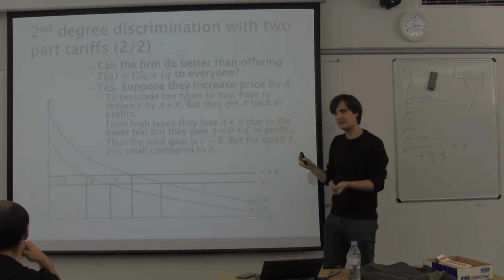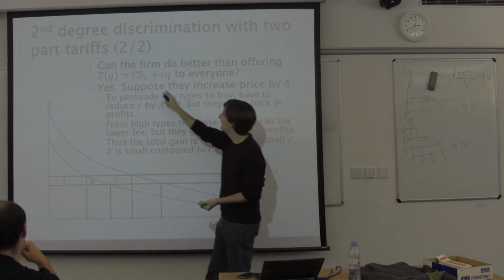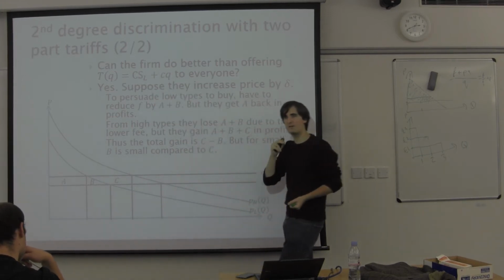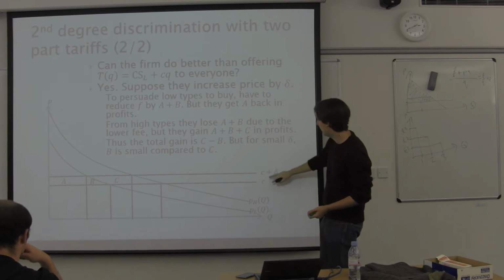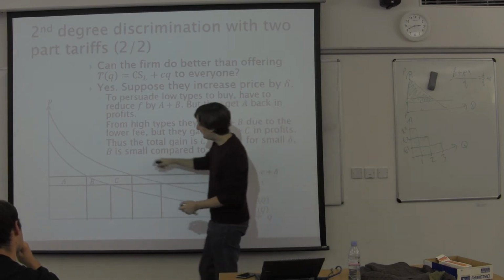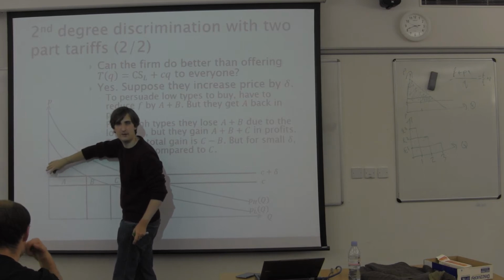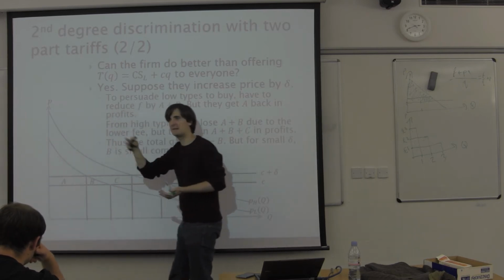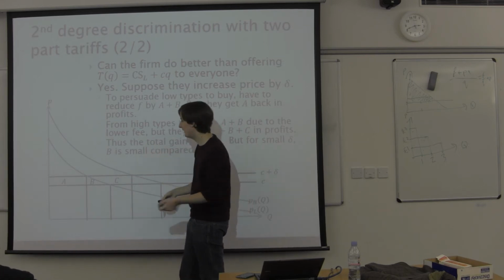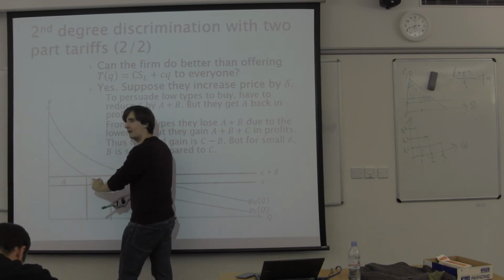Okay, and suppose that they decide to slightly increase the price they charge. Okay, so they go from offering this tariff of the low types that maximises surplus from selling to the low types to selling one with a slightly higher price. So they've increased the price from C to C plus delta. Okay? Because the price has increased, the consumer surplus of the low types has decreased, so the fee has to decrease by the same amount in order to persuade the low types to still buy the good. Okay, so the fee that the firm is charging is going to decrease by A plus B. Otherwise, the low types won't be prepared to buy